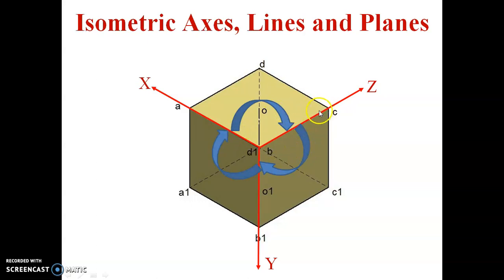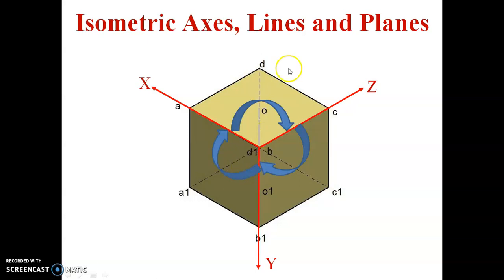That's why they are also called the isometric projection. All these three axes, all these three lines X, Y, Z are nothing but the isometric axes. Then we can see the lines A1, B1 which is parallel to X, then B1, C1 which is parallel to Z, then D1 is parallel to Y. The lines which are parallel to isometric axes are called isometric lines, and if there are any lines which are not parallel to these axes, then we call them non-isometric lines.